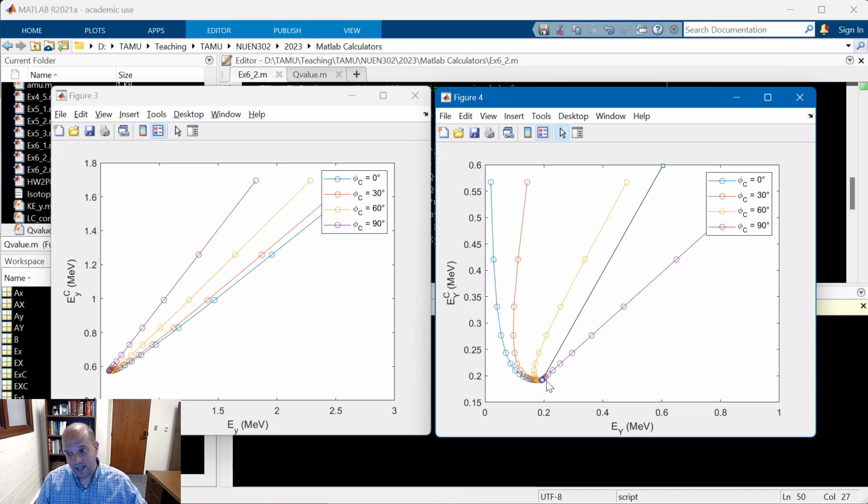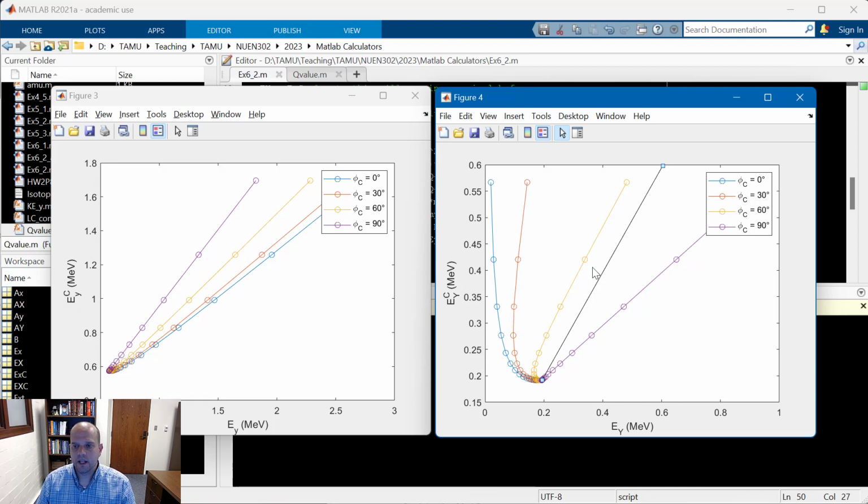And so as EX goes down, I'm starting to get to a condition where EX is small enough that my two EYs are going to be equal to each other. But interestingly, I start at 0 and I go towards 90, and so the data you're seeing here, I'm transitioning across this line. So for anything with a center of mass emission angle from 0 to, in this case, 60, and a little bit more than 60, we would see things on the top side, on the left side of this line,